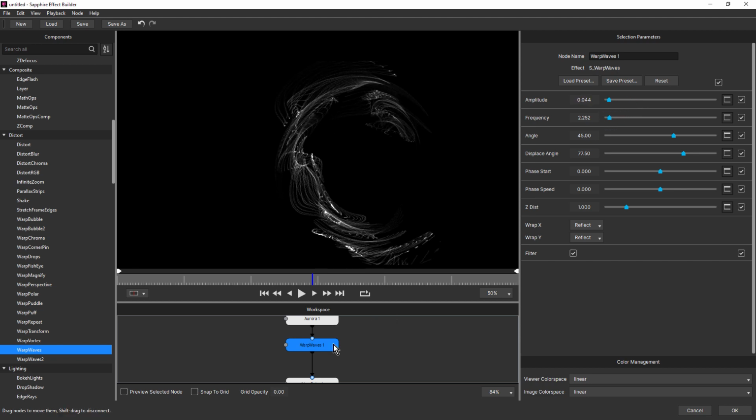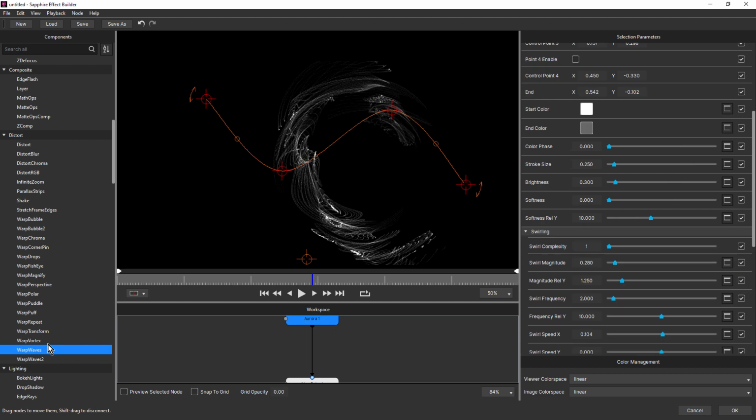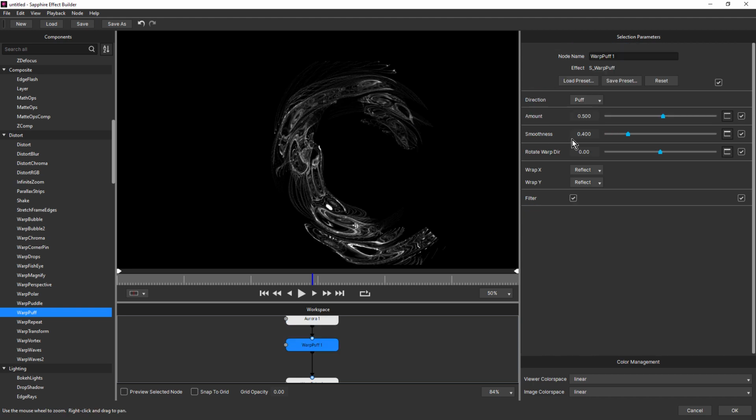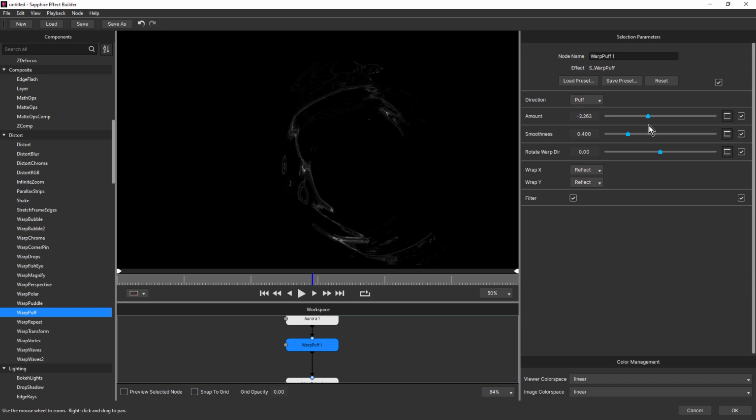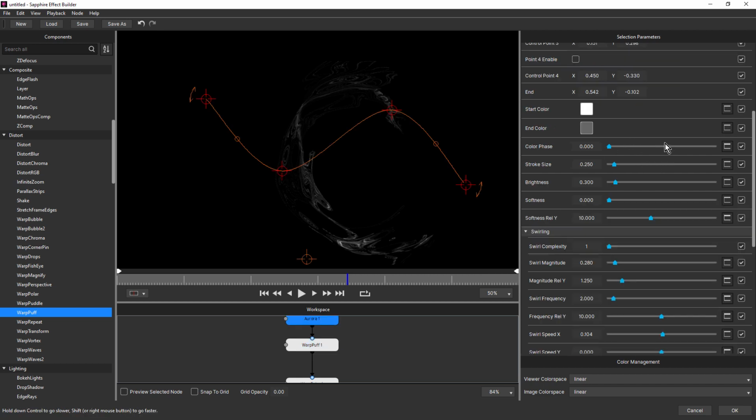Okay, I'm going to remove that. And let's try warp puff. Gives us sort of a puffy look. Well, kind of a glassy look. It's quite nice. I might need to come into Aurora again because we undid that.